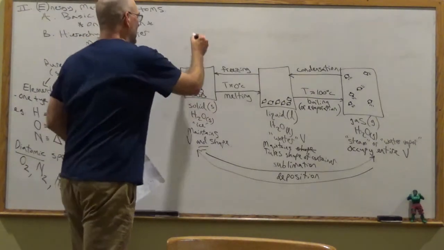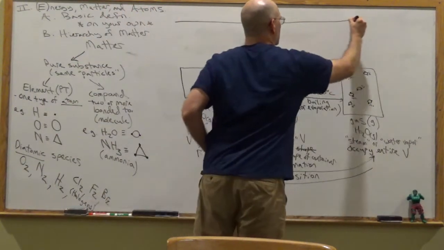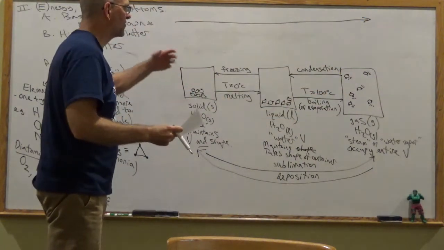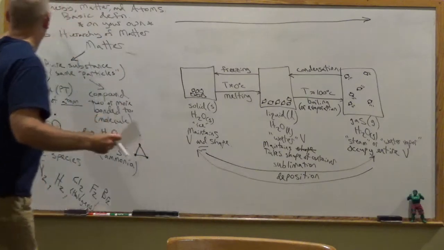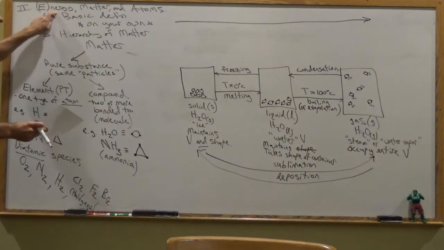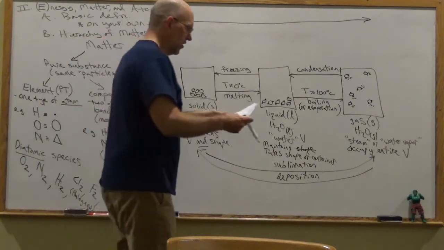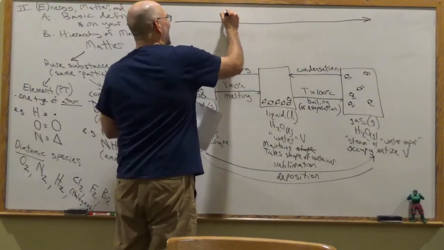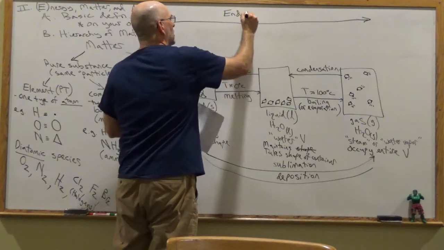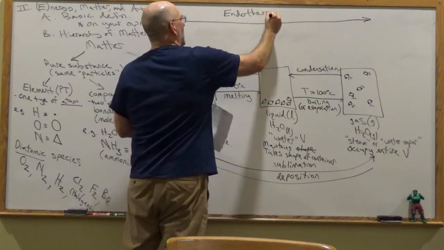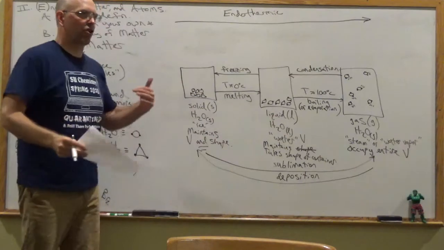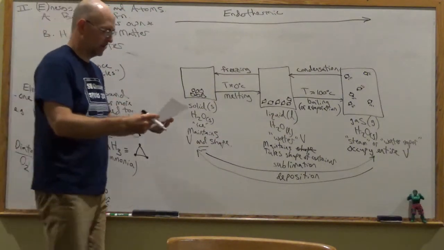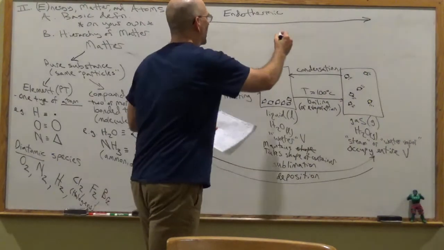All right, so when we're going in this direction, the water molecules actually have to absorb energy. Oh, by the way, capital E is an abbreviation for energy. So when you go this direction, this is endothermic. So endothermic is when you absorb energy. Exothermic is when you give off energy. We'll get to that. So these are endothermic